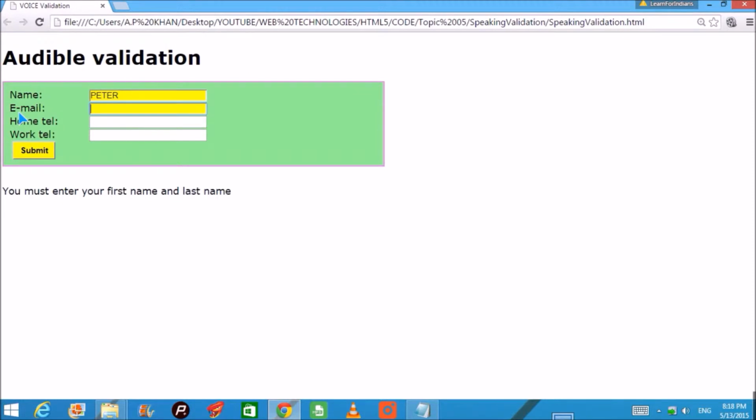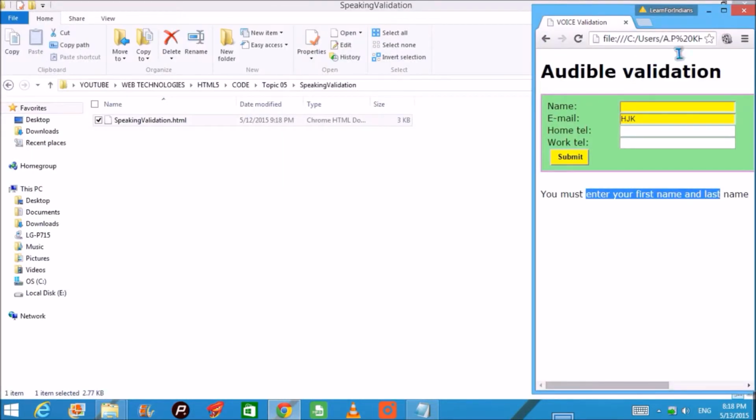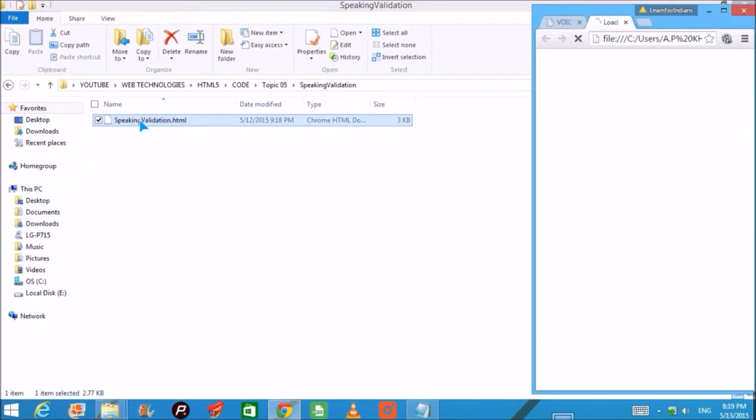The same is true for email. If I don't give an email correctly, then it has to show. First of all, it will show a line here. If I give this name and I try to submit it, it will show me that you must enter a valid email address, and this will be audible also. This will be spoken. This will be spelled out for the user if he or she is visually impaired. So this is accessibility for everyone, and we'll see how this is performed and what the idea behind it is.